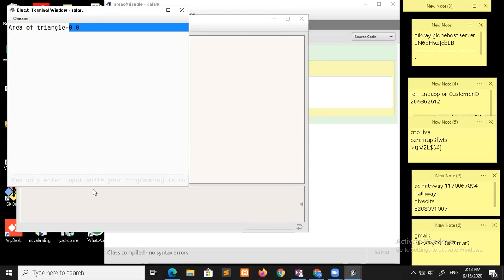Can only enter input while your program is running. What do you mean by this?